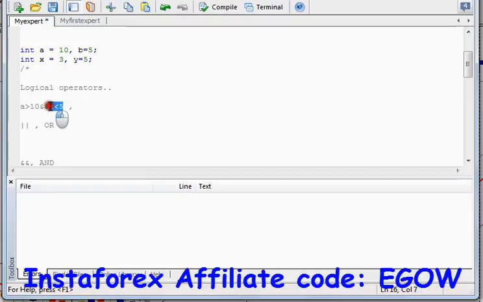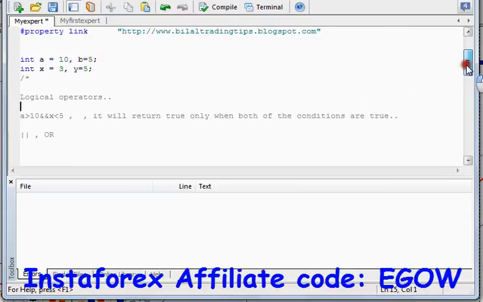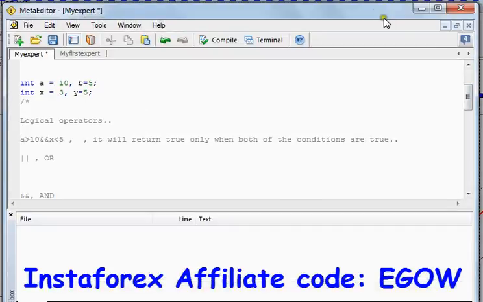If even one or both conditions are false, it will return false. So it will return true only when both of the conditions are true.